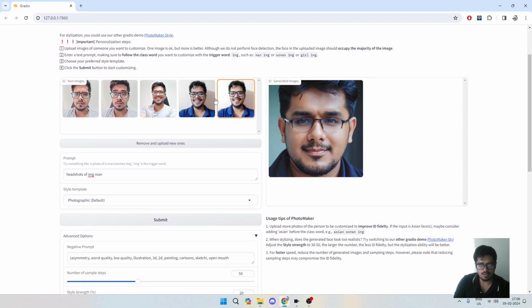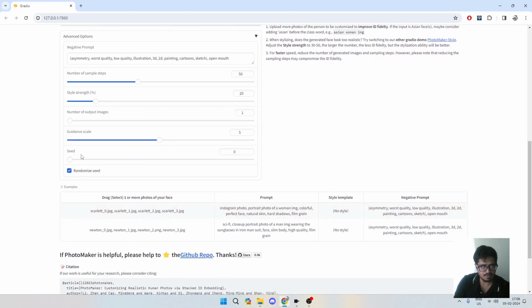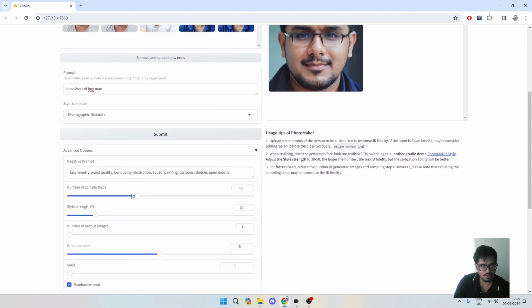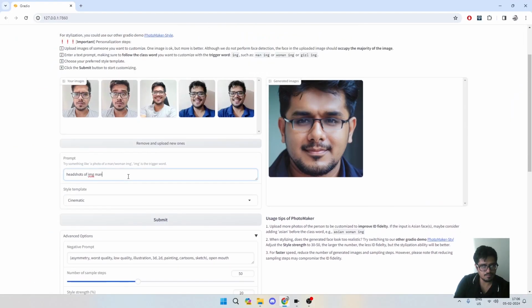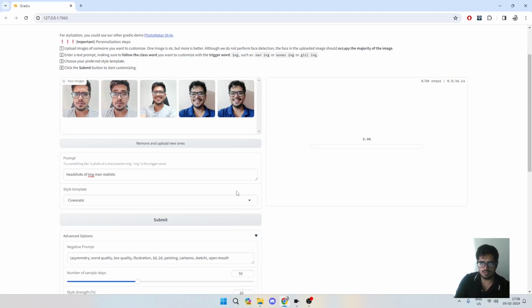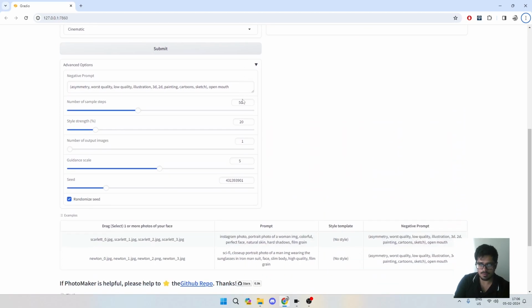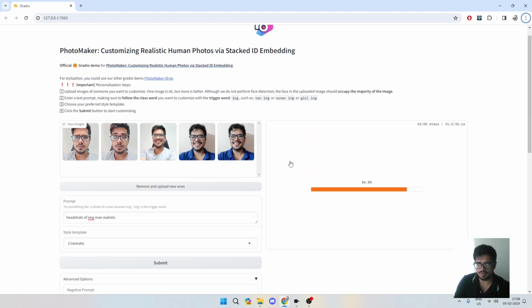Again, these are the images that at least I have uploaded. So let me give it another try with the seed being random. And let me see if I can choose some other style. And let me make the prompt a little bit more detailed. Let's try the generation now. Again, since you're generating the image with just 5 images, it's not going to give you great results in one shot. You will have to keep experimenting, and that's completely fine